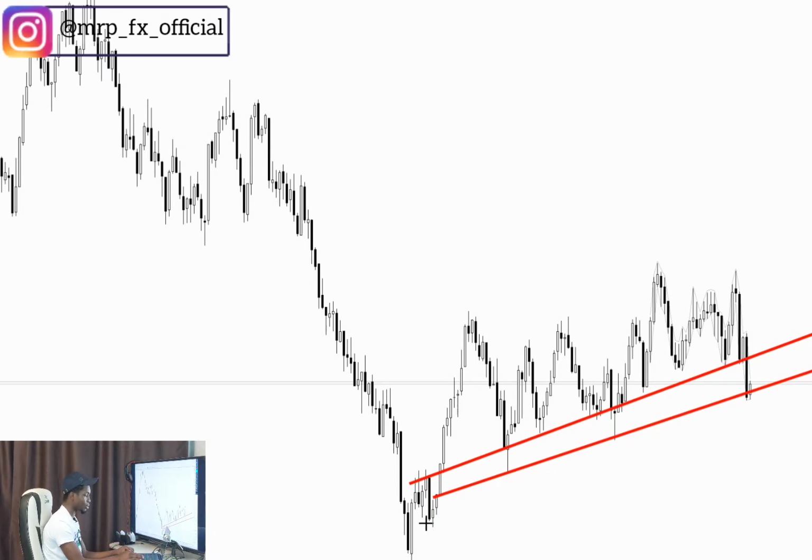Now I can plot another one right at this spot. Now these will just be the three zones that I'll be looking at. The first one, I got it from my strong support, right? The second one, I got it from my internal trend, and it's actually here where I'm having a nice zone,